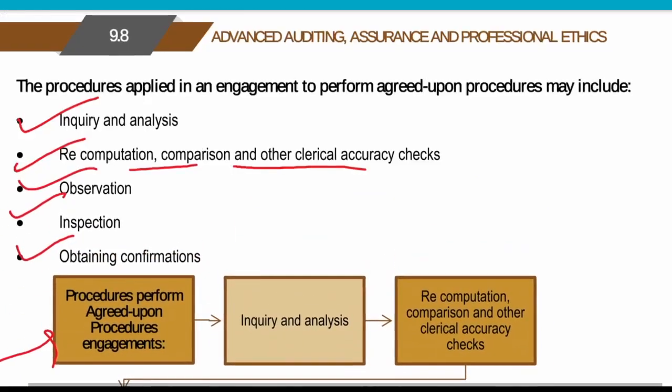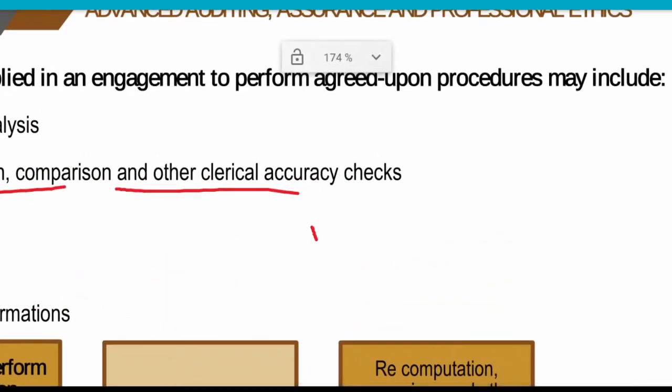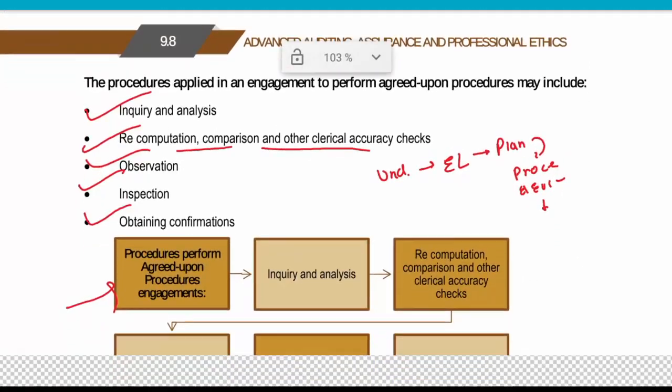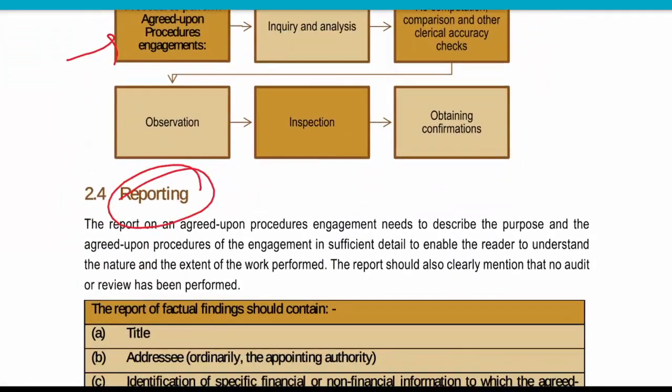Okay, simple way. He needs to make sure that all persons are understanding the same thing. Then he needs to prepare what? The engagement letter, right? And then he needs to plan the particular engagement. After that, he needs to do the procedures and gather evidences. How will he gather the evidences? By inquiry, inspection, recalculation, getting confirmations, etc. Okay, and after that, what does he need to do? He needs to report the thing, right?